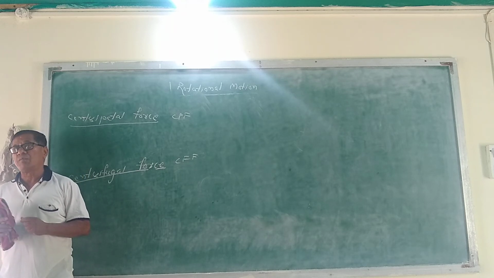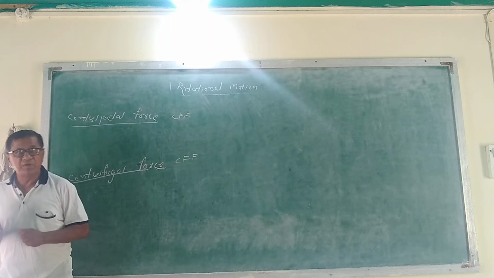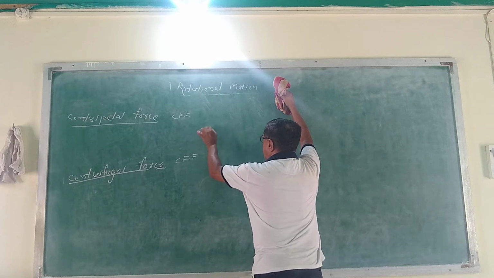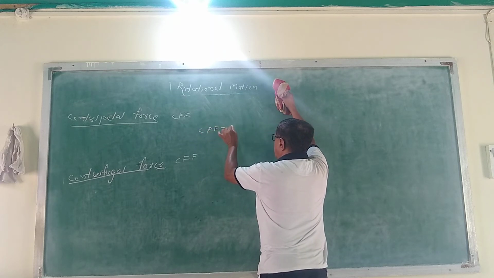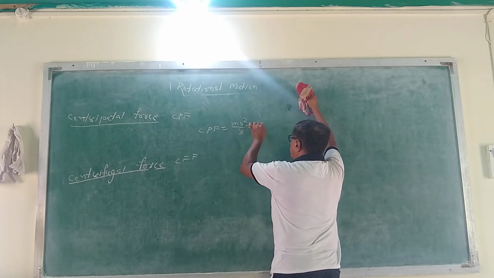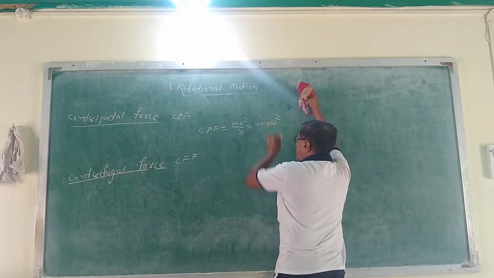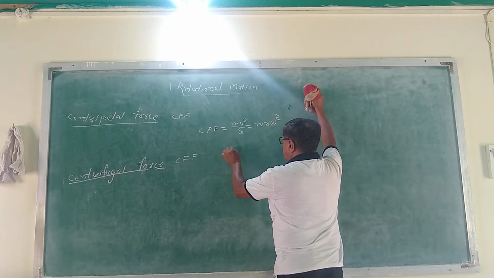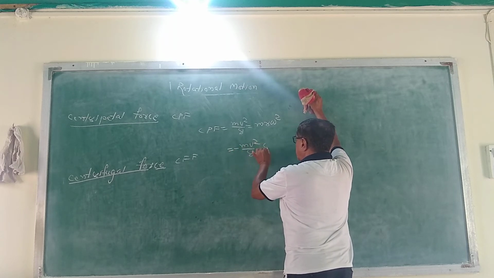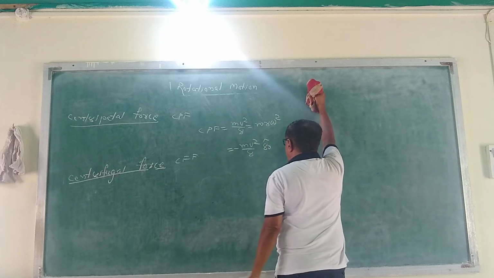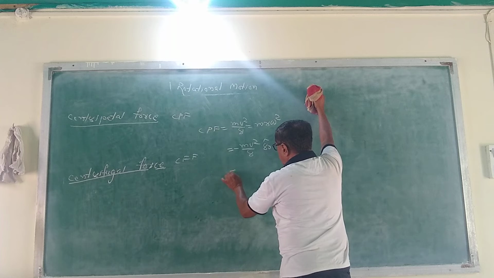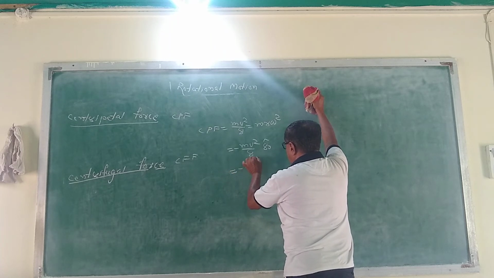Both have the same magnitude but opposite directions, and therefore the centripetal force is equal to mv square upon r, or this is equal to mr omega square, whereas in the vector form it is written as minus mv square upon r into r0 bar, where r0 bar is called the unit radius vector. Now this is equal to minus m omega square r bar,